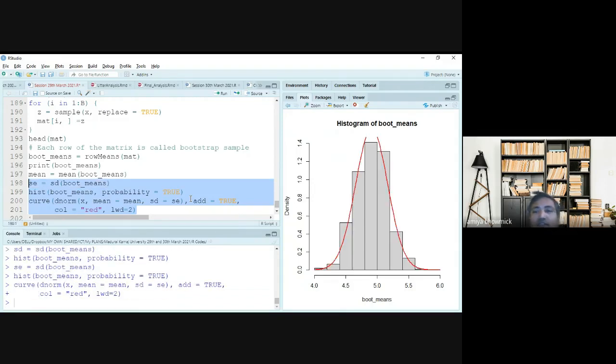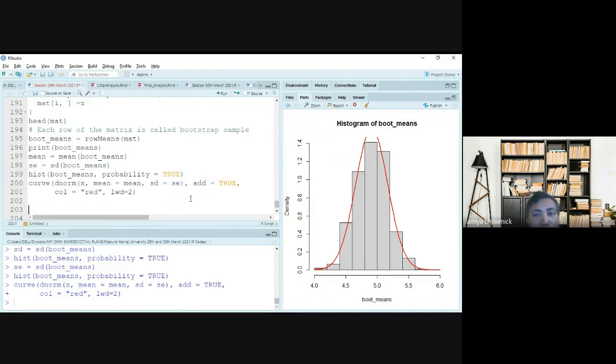As you can see, yes, this bootstrap sampling distribution is very well approximated by a normal distribution. Now immediately the question arises, how are you going to get a confidence interval for this parameter which needs to be reported?